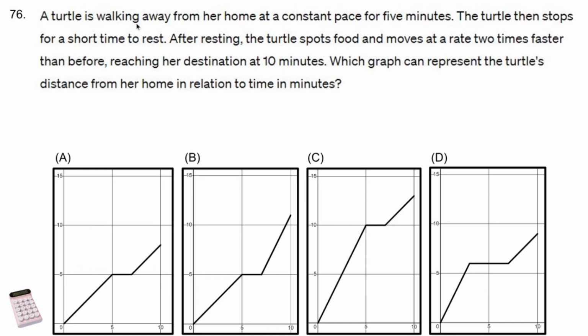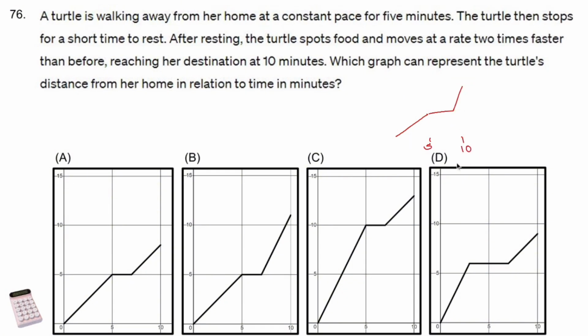But a turtle is walking away from her home at a constant pace for 5 minutes. The turtle then stops for a short time to rest. After resting, the turtle spots food and moves at a rate 2 times faster than before, reaching her destination at 10 minutes. So without looking at this, you have a turtle walking slowly. At 5 minutes, it stops. And then it doesn't give us a specific time, but it says it goes 2 times faster. So you're going to try to make a line that's 2 times steeper,